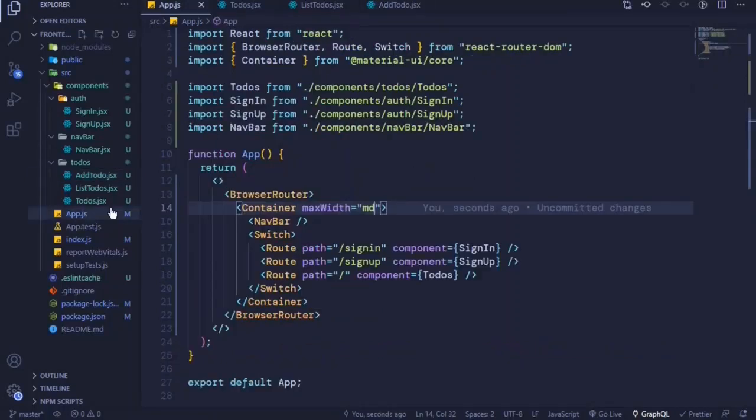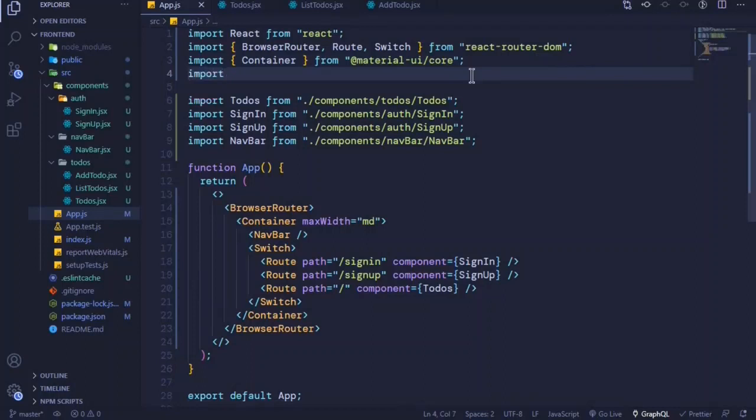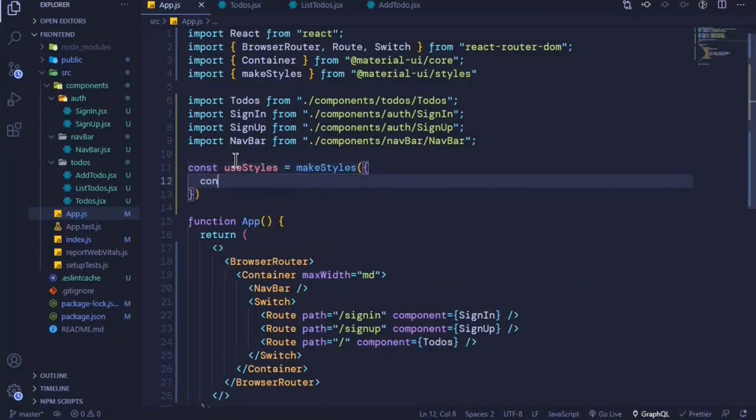file, and right here I'll use the make styles hook to create some custom styling, so I can import it from Material UI styles. So import the make styles hook from Material UI styles, and then at the top of our app function we can create a constant use styles, which will be equal to make styles. We invoke it and pass an object in here where we can pass a key content style,